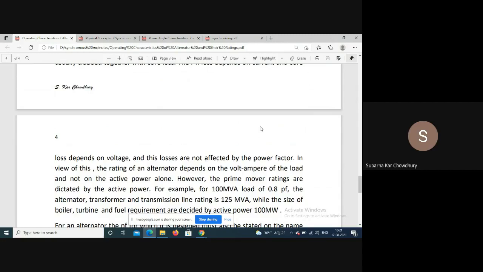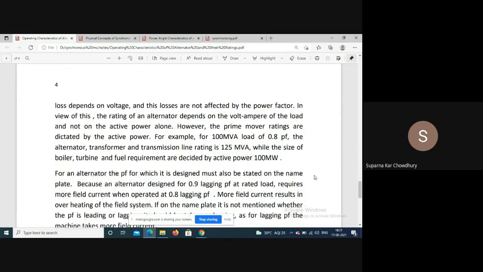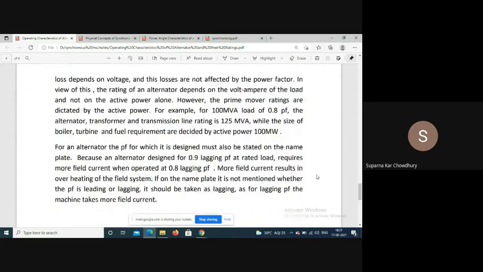What is indicated on the nameplate is the VA rating. So the VA rating will be indicated, and the voltage rating, frequency rating, and current rating will be given. Another thing that is specified is the power factor. So the power factor is specified. That is because, what happens,